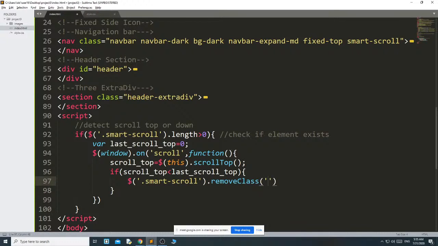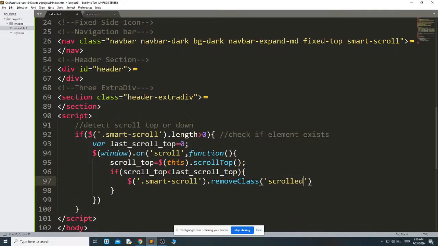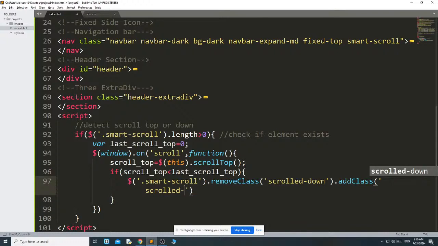I want to remove the class scroll-down. This class I will define in the style sheet. And I want to add the class scroll-up, addClass scroll-up.